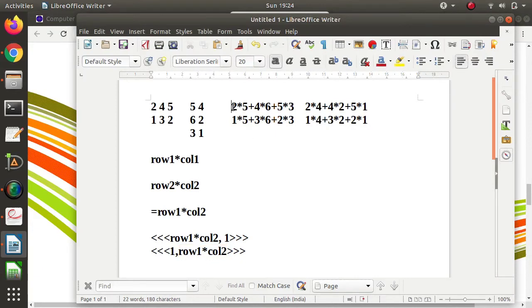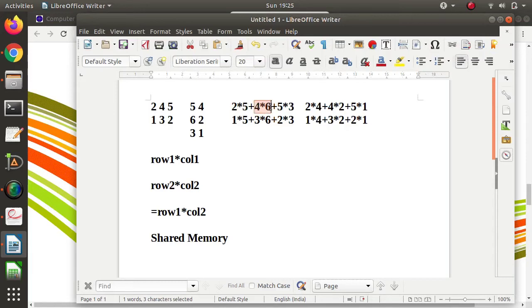Here, what we are doing is one thread for this, another thread for this, a third thread for this, and a fourth thread for this. Now I am telling you another way to calculate matrix multiplication, and that is by using shared memory. Now see how we will calculate this. We will use one block for this, another block for this, a third block for this, and a fourth block for this. In this way we will create the number of blocks, and each multiplication will be calculated by one thread.